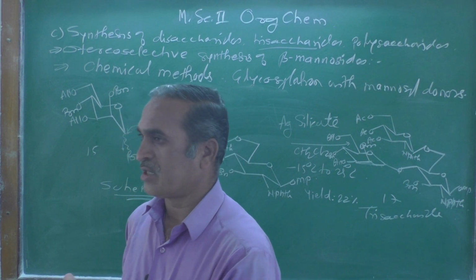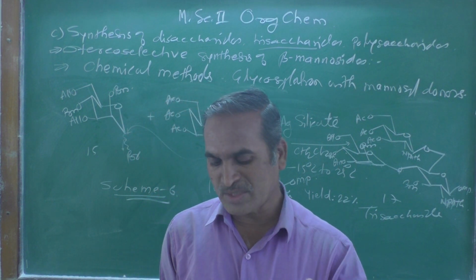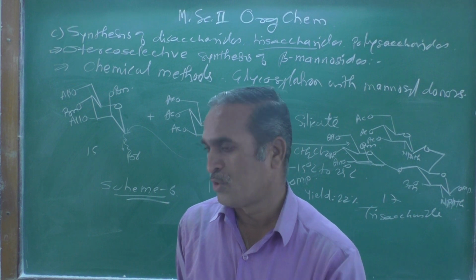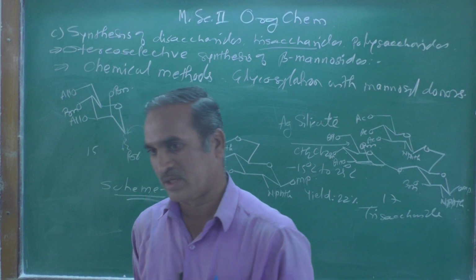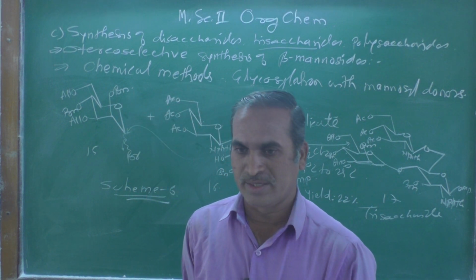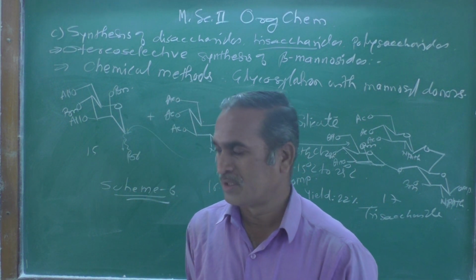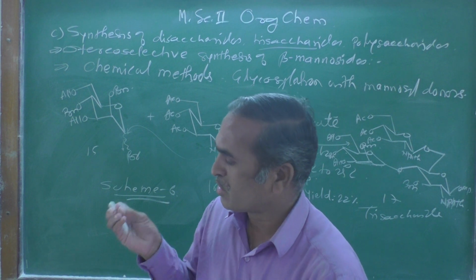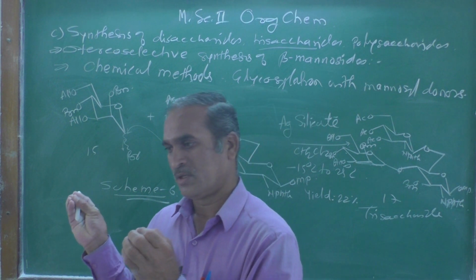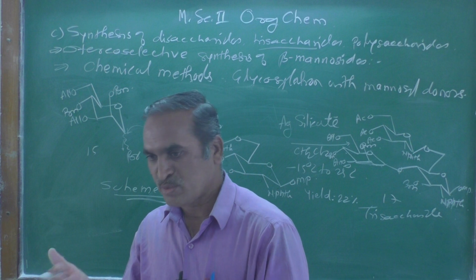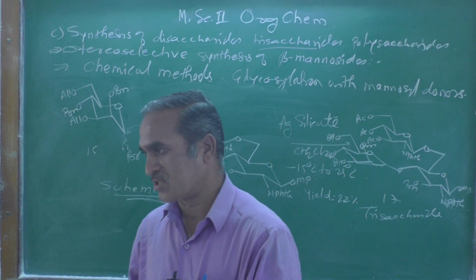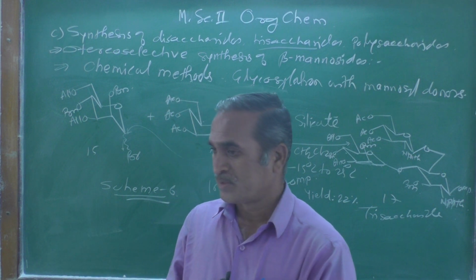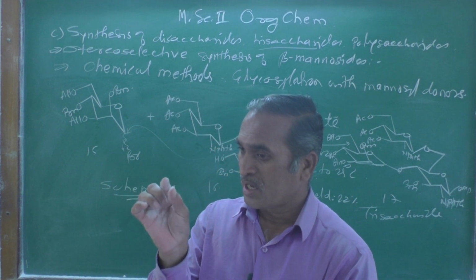If you see the previous scheme number 6, where we got only 22% yield, economically this kind of low yield is not useful from the economic point of view, and therefore scientists